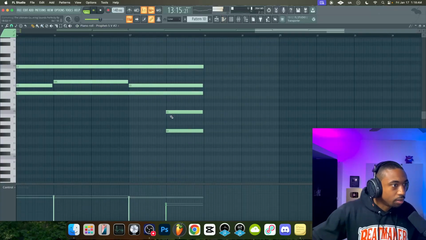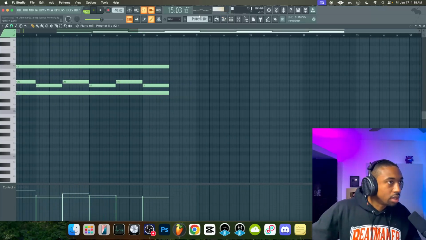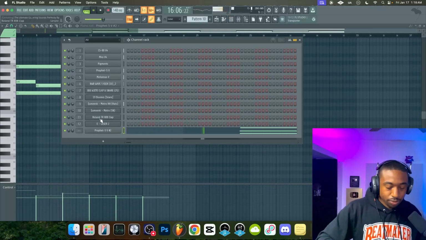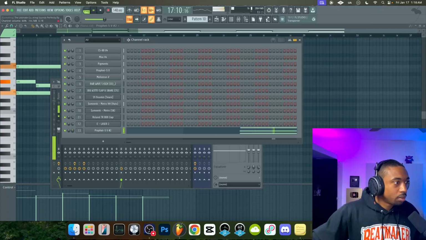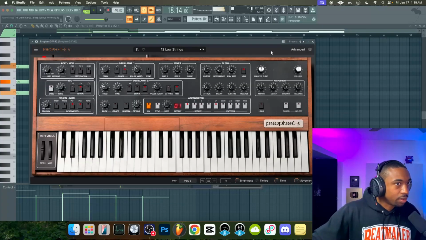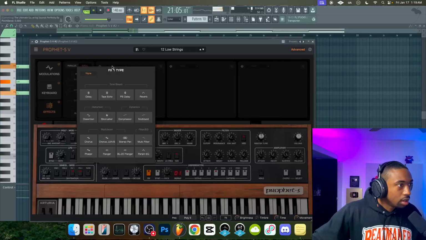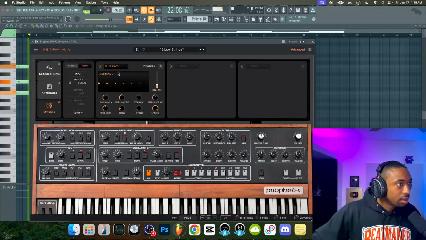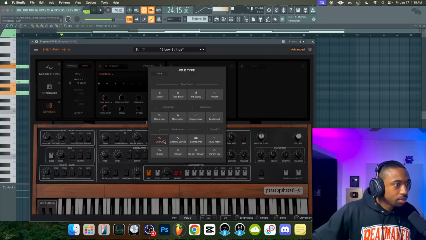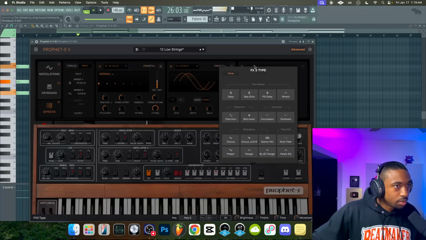So now we have that chord progression laid in. Let's turn that sound down just a little bit more. And I also like to mess with the effects on sounds like this to make them stand out from the main chords. Let's see if we can mess with some delay and some chorus, just so it has more of a stereo presence.